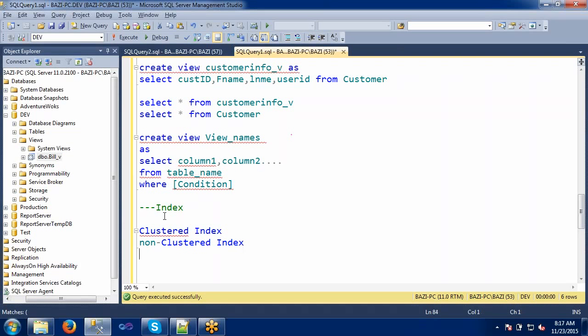We have two different concepts in indexes. The first one is the cluster index, the second one is the non-cluster index. Generally, how will these cluster indexes be implemented, and how will they help us from the query point of view? What is the importance of these indexes in SQL? The first one is the same as in real life: you are not going through the 1,000 pages at a time.